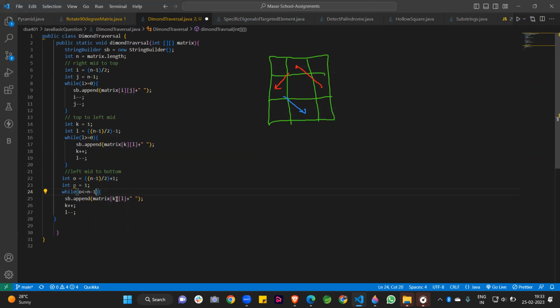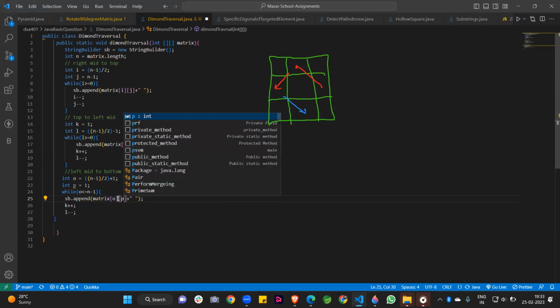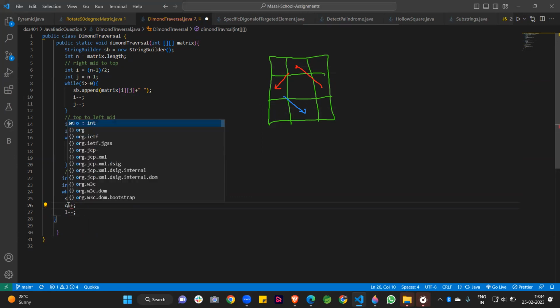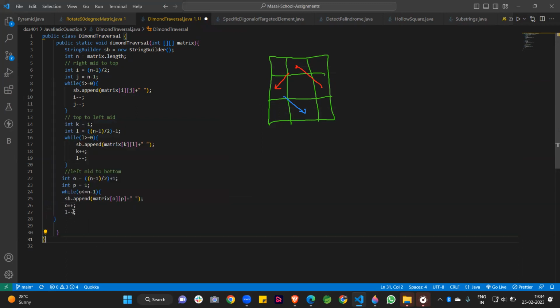So what can we write here? We can write here o and p. So this is o and this is p here. Okay. So after that, what we can do here? We are doing both things plus here. So o plus plus and p is also plus plus, because we are going to the bottom right.